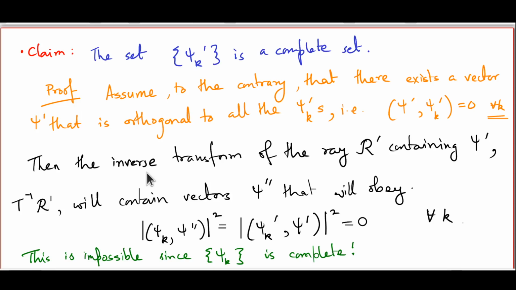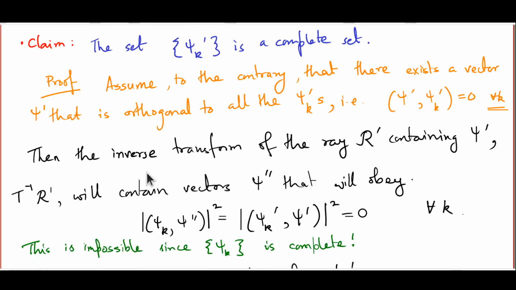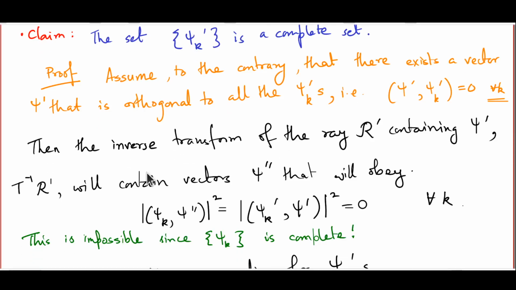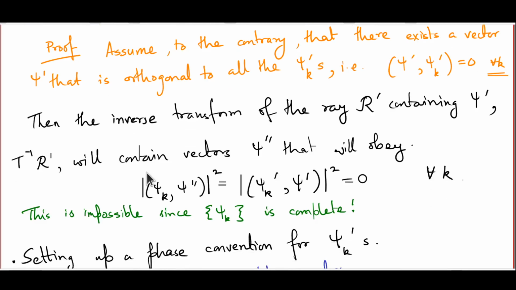That leaves a huge amount of ambiguity as far as the overall phase of psi prime k is concerned. And what we will have to do is exploit this ambiguity in the phase in our favor to end up with an operator with the desired properties. So our next task in this construction of the operator U is to set up a phase convention for the